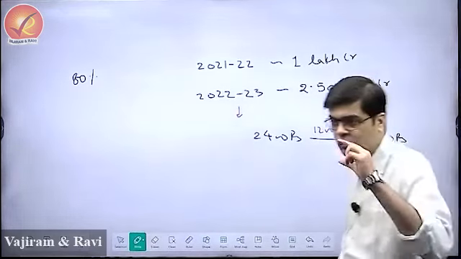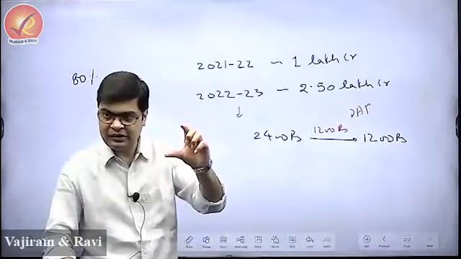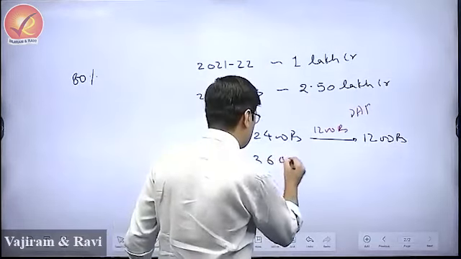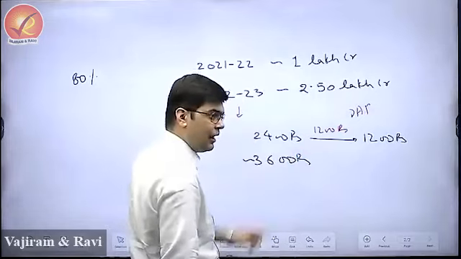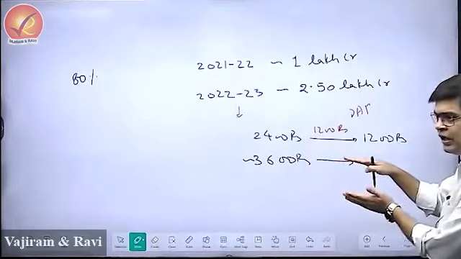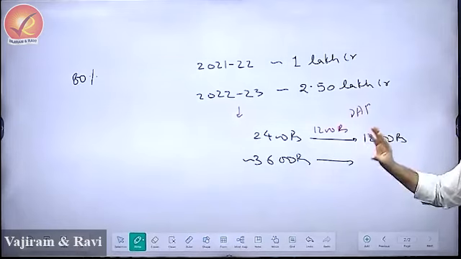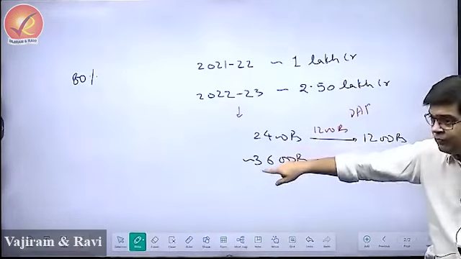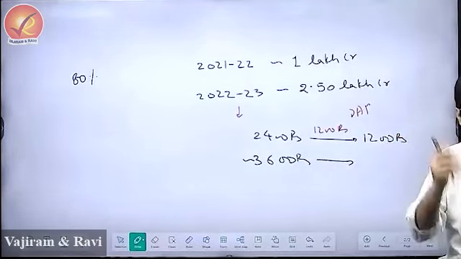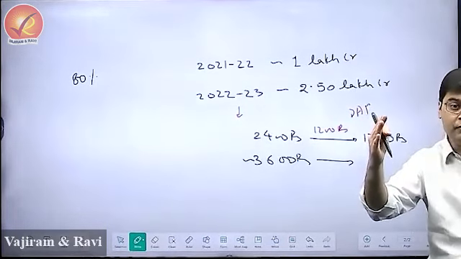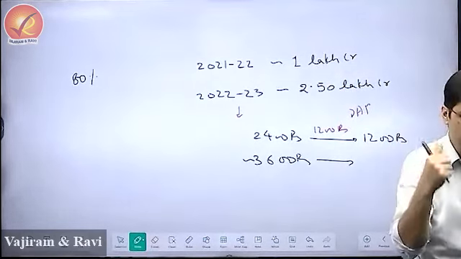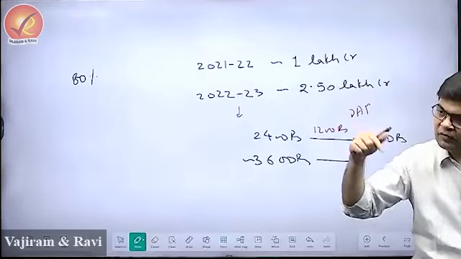But then with the Russia-Ukraine crisis, when phosphoric acid becomes very costly, this price increases to more than 3,600 rupees. And the government said, the farmers will now have to pay 2,400 rupees, for which there is no income with the farmers to pay such a high price. Moreover, if a farmer has a high input cost, if I am producing at 100 rupees, I may sell at 120. But if I am producing at 150, I will sell at 170. In that case, ultimately the burden will shift onto the consumers. Consumers will have to pay a high price, inflation will set in.